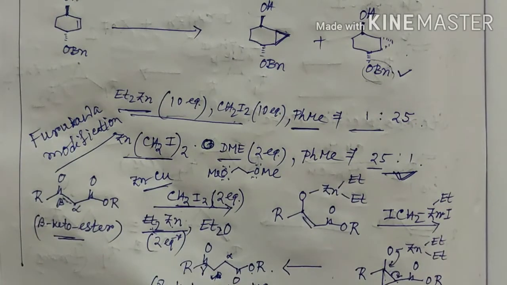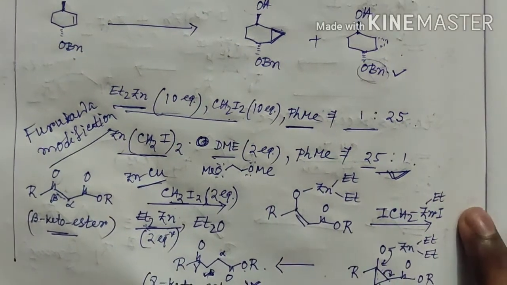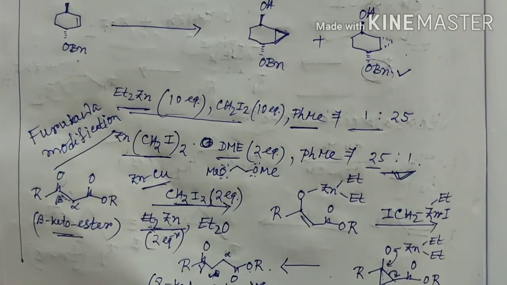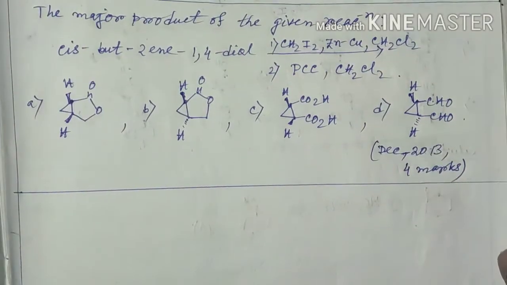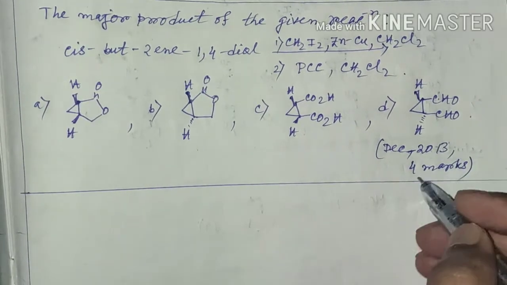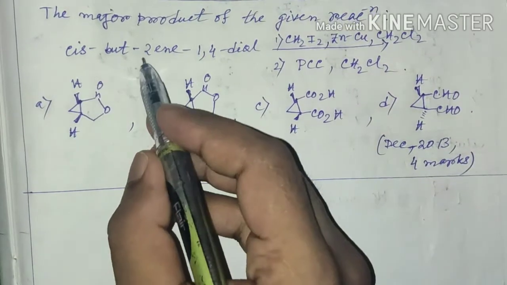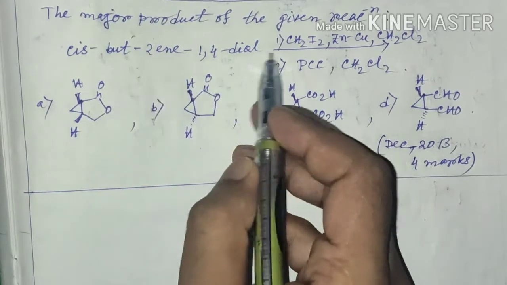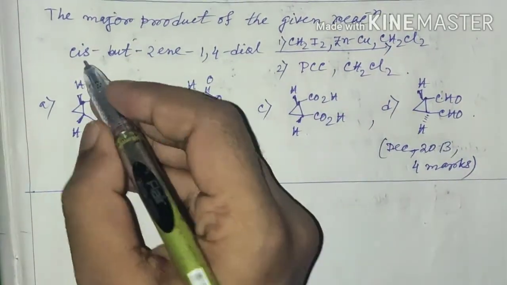Now let's discuss one or two questions on this chapter from previous year CSIR NET. This question came in December 2013 in CSIR NET for 4 marks. We have to identify the major product for this reaction. That is, this is given as